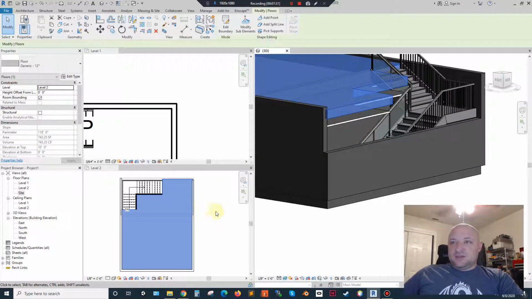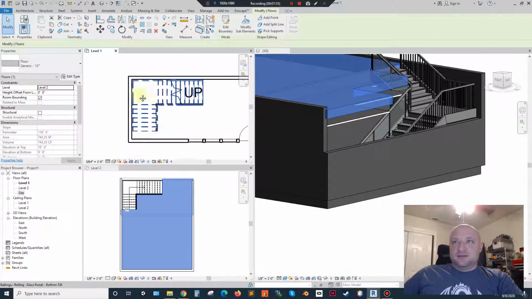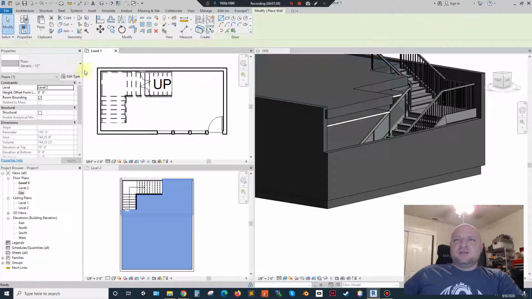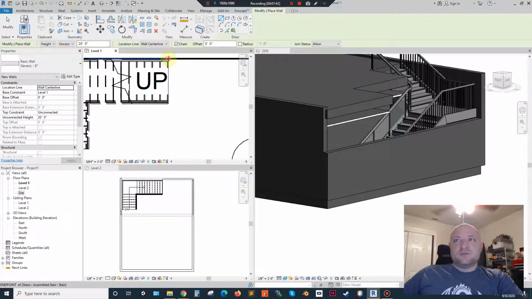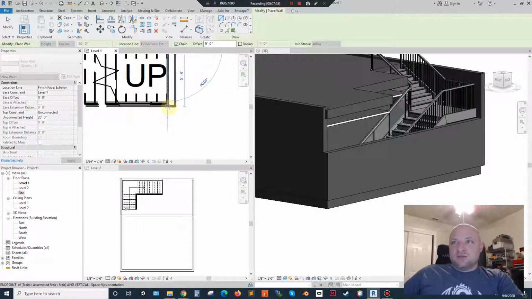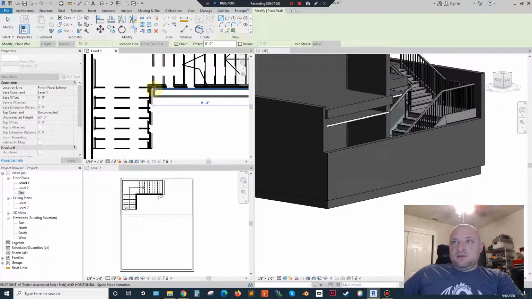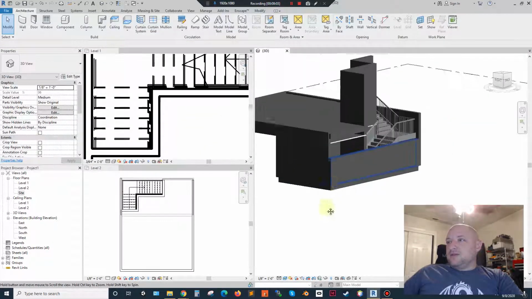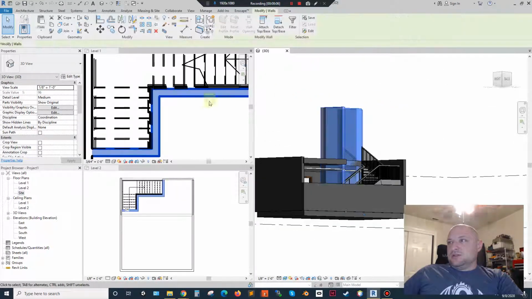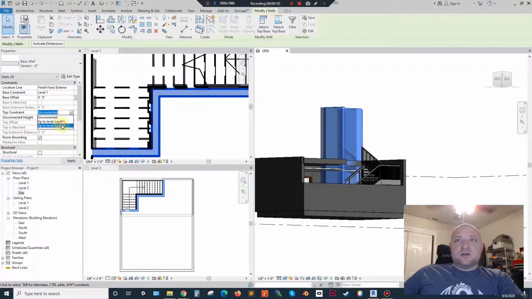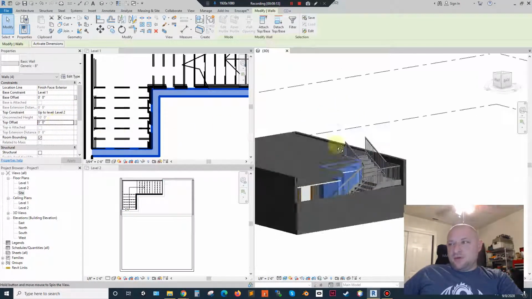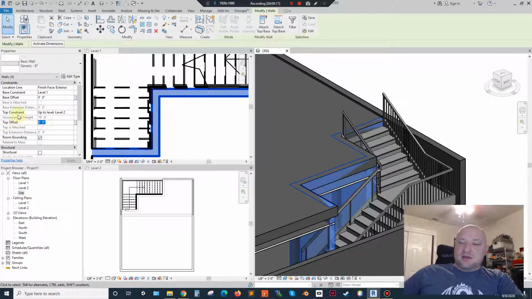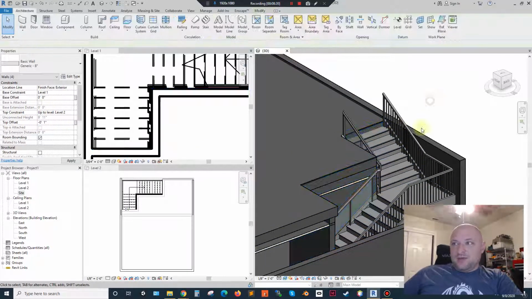So one option I have is to come into this view right here. I'll work from my level 1 again. And I'm just using generic walls for this. So I can come in here, I can change my finish face to, let's do exterior. So there, there, and there. And so now that I've got that, let's also adjust this to top constraint level 2. And anytime you have a floor, a ceiling that goes up to a floor, just set the top offset to -1 inches,